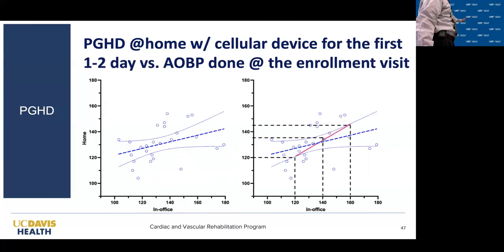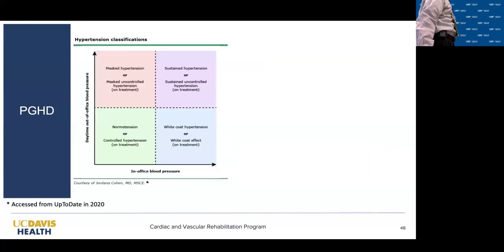Now this is overly technical, so I'm going to skip that. This is just to talk about this masked hypertension that I was just saying, and this is the white coat hypertension. The white coat people are the people that in the office have a high blood pressure, but at home they're normal. The masked people have normal blood pressures in the office, but when we give them a device,